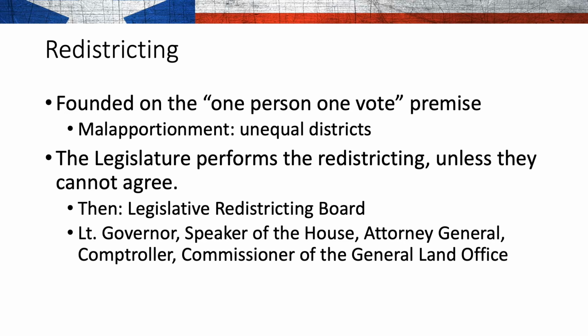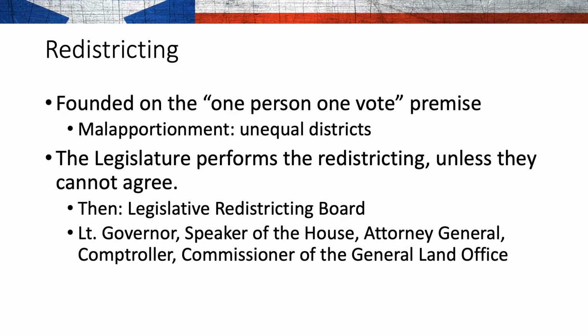So when you look at a map, you will see that in some places, like Dallas and Arlington and Tarrant County, the districts are very, very tiny in order to represent that number of people. But when you move out to West Texas, the districts may be huge. They would have to be a huge amount of land in order to get to that 811,000 people.